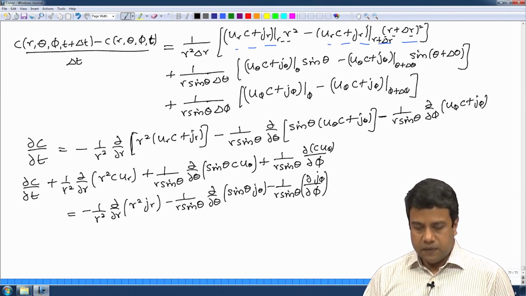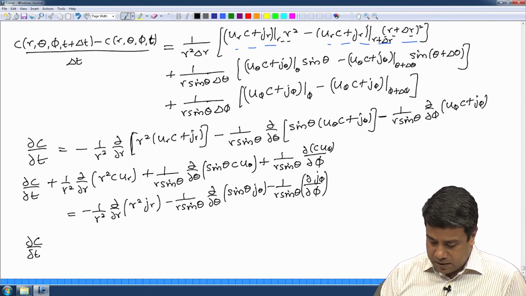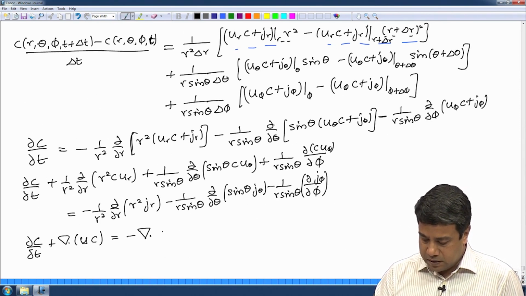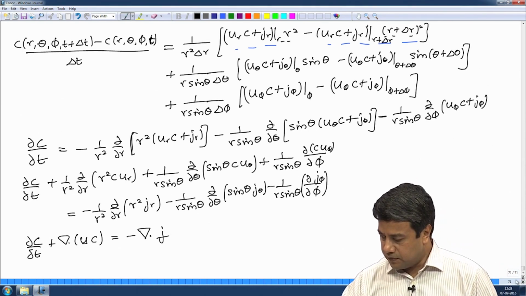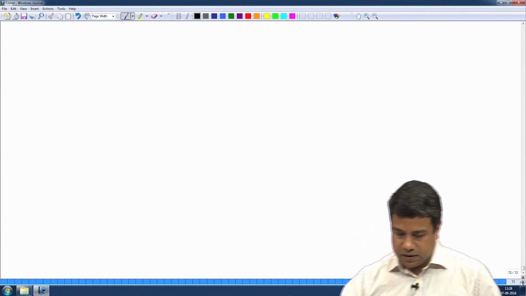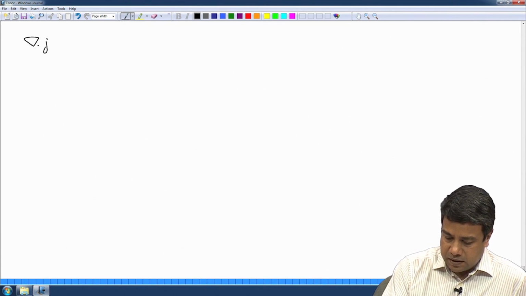If you recall, we had written this same equation in vector notation as partial c by partial t plus del dot u c is equal to minus del dot j. This equation has the same form as the concentration equation in Cartesian coordinates. If I were to define the divergence operator del dot j in this case,